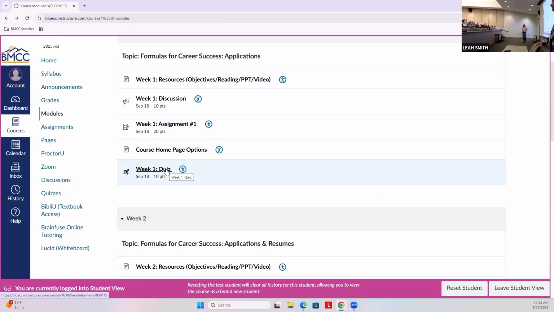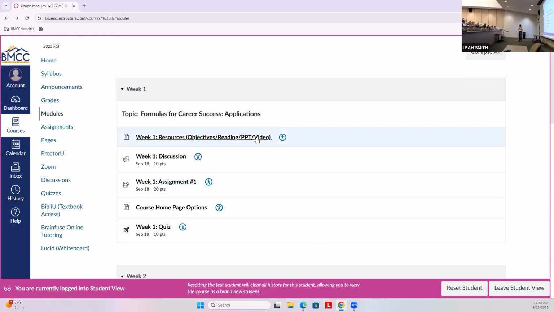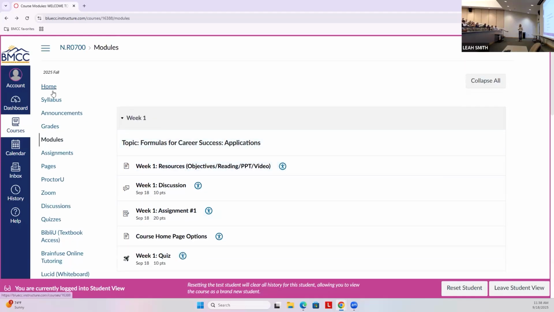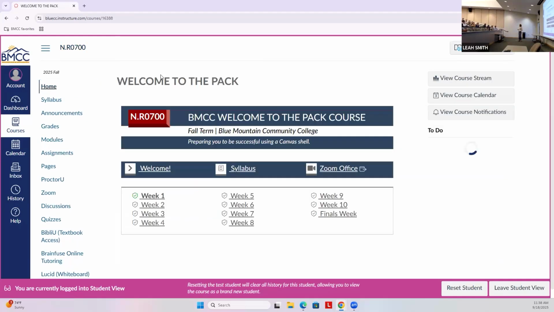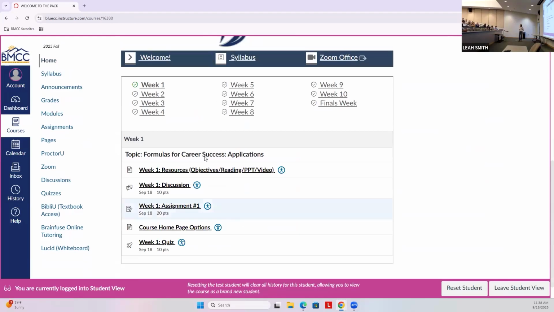Does it count for any grade? No. Do you earn any points for it? No. But you might want to check it out so you can see what a quiz looks like, especially if you have not used Canvas before. Some of you I know have. So it's a good recommendation. If you haven't used Canvas or are a little leery about it, if at some point in the weekend you do the discussion, the assignment, the quiz, just open it up to see what it looks like. It'll make you a little bit more familiar.